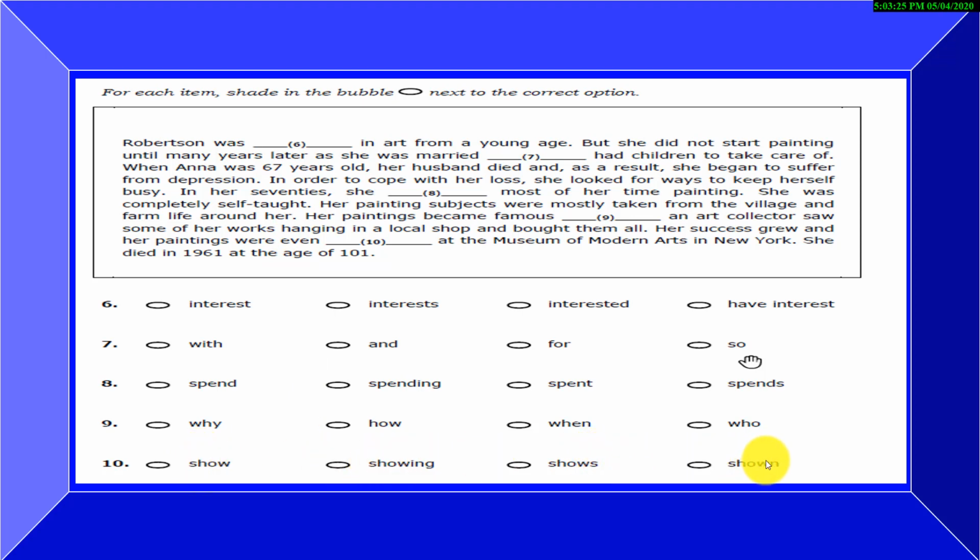Yes, passive. Were even shown, displayed, at the Museum of Modern Art in New York. Museum, modern, arts. She died in 1961 at the age of